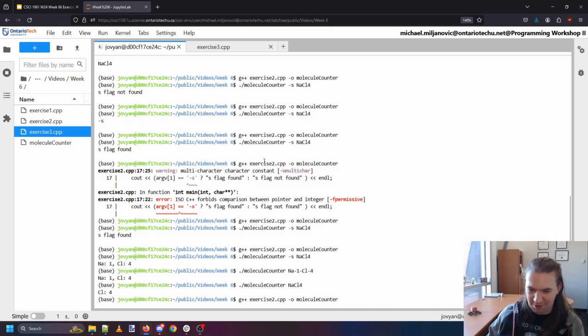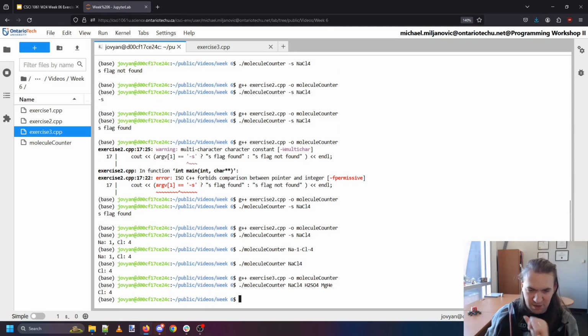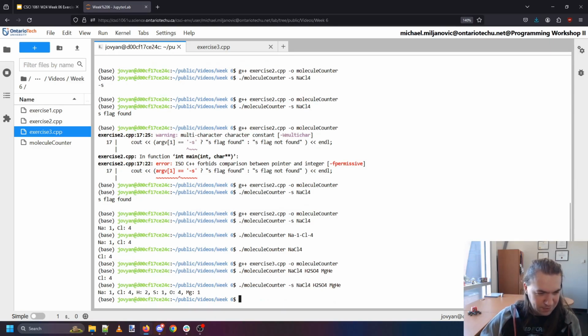It's always nice when the exercises are actually a lot simpler than you think. Okay, so this is exercise 3. And we're going to pass it NaCl4, H2SO4, MgHe. Why not? Okay, something is wrong. That's because I forgot the dash S. That would help. Let's try that again. Hey, look at that. NaCl4,